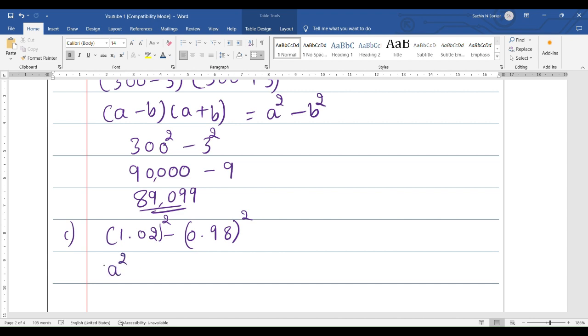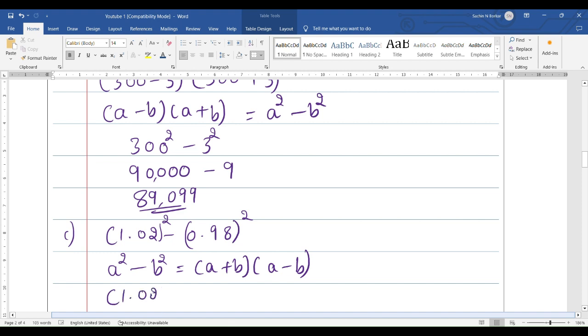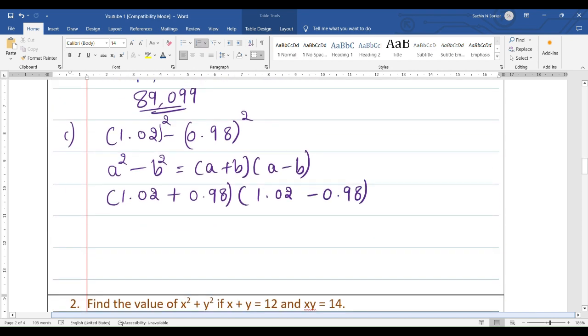Here again, this is in the form of a square minus b square, which I can write as (a plus b) into (a minus b). Therefore, this a square minus b square will be written as 1.02 plus 0.98 into 1.02 minus 0.98. So when I do addition, I get 2 in the first bracket, and in the second bracket 1.02 minus 0.98